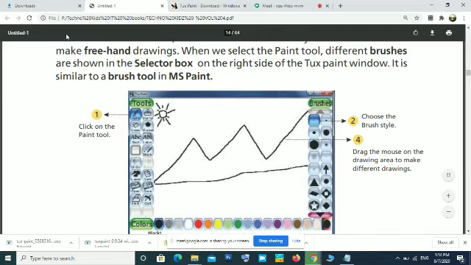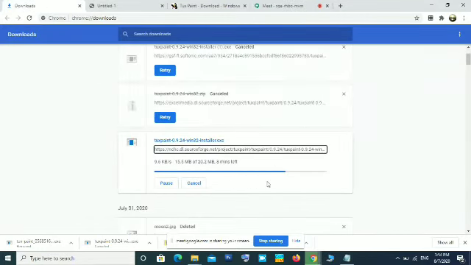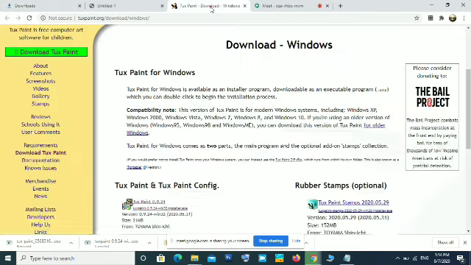This text paint is not on my computer, I was just downloading it, that is why I am not able to show it live. Next class I will show you all these things. One program was there but it was not working, that is why I am downloading a new one. It will take 15 more minutes. So next class I will show you all these things.